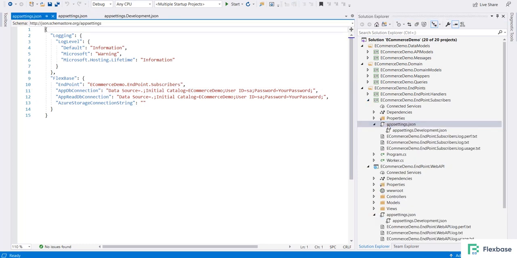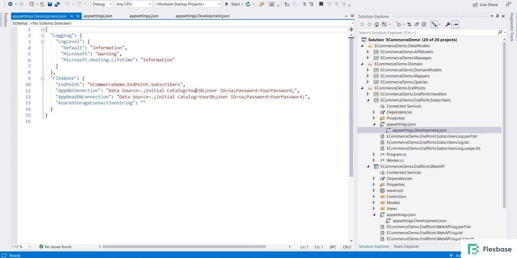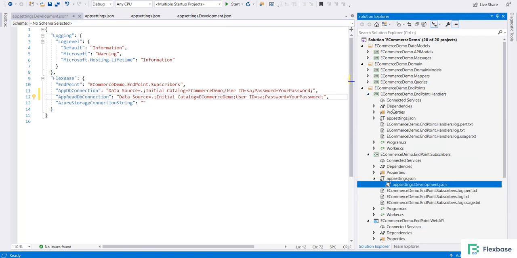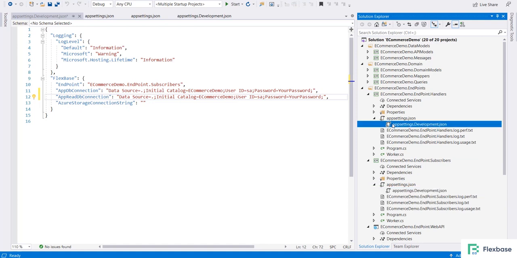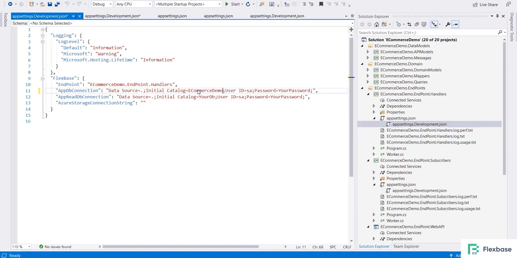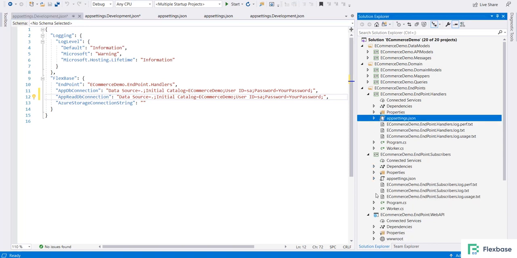Then let us verify here. Since it's in development environment, it will pick up the development settings. So this is done now.